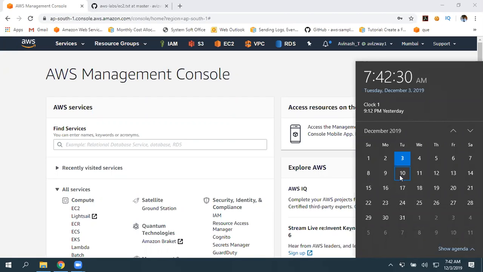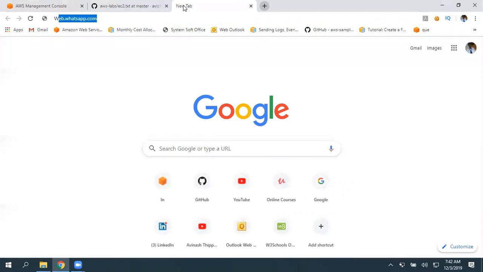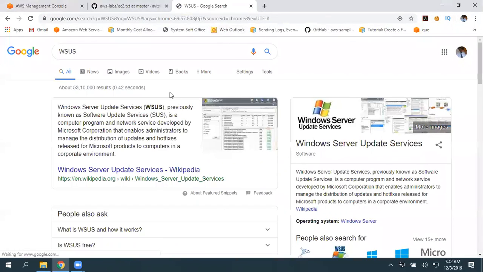Or what is that server deployment? Yes, WSUS, Windows Server Update Services. Generally, we use this.